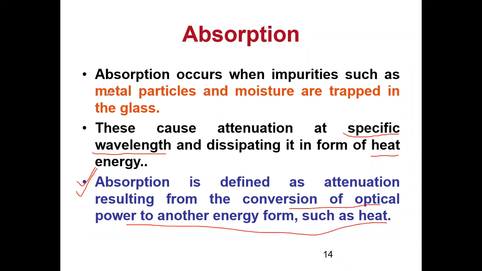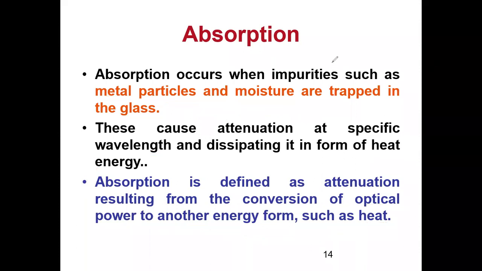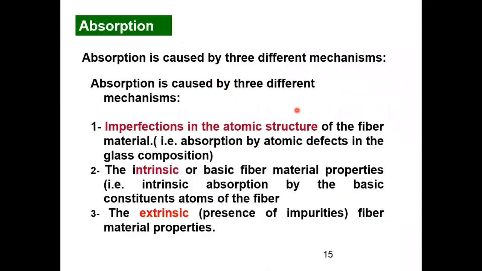And it is caused if some foreign particles such as metal ions, moisture, or water molecules are trapped in the glass. So here you can see nowhere is the customer or the company that is in service contributing to the loss. It is strictly during the manufacturing process that these foreign particles were induced in the fiber core or cladding. So what we can try to do is have more sophisticated manufacturing technology so that all these impurities are not present in the particular fiber.